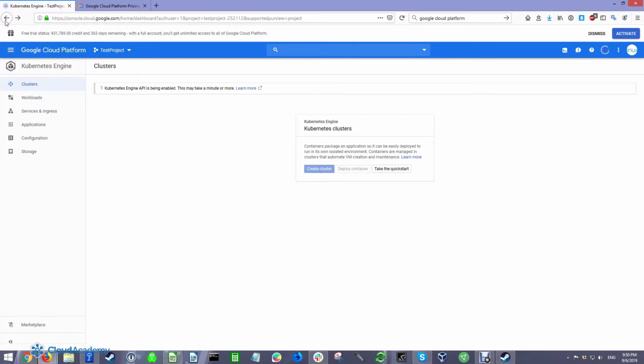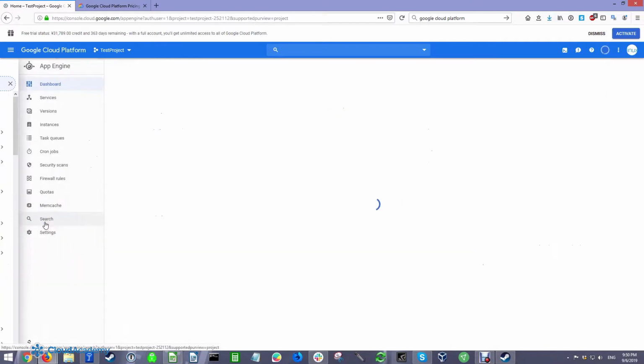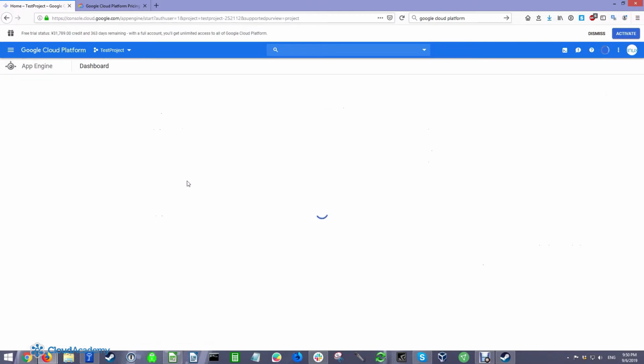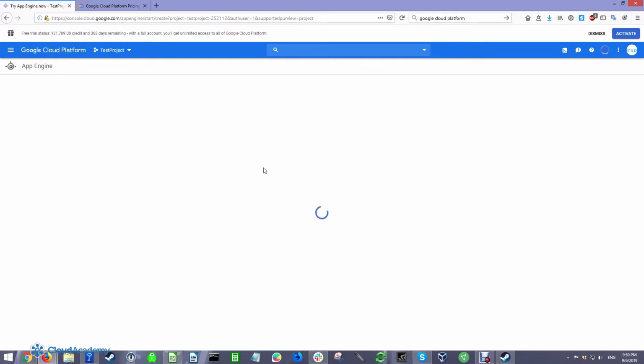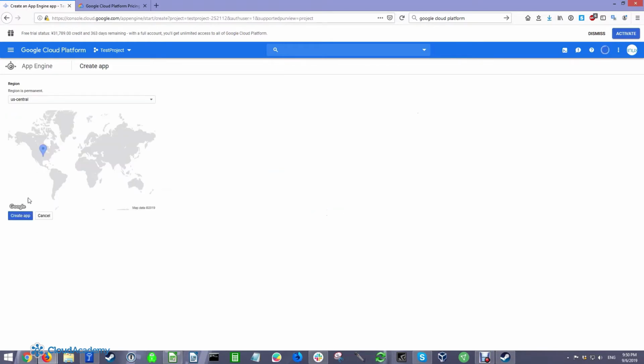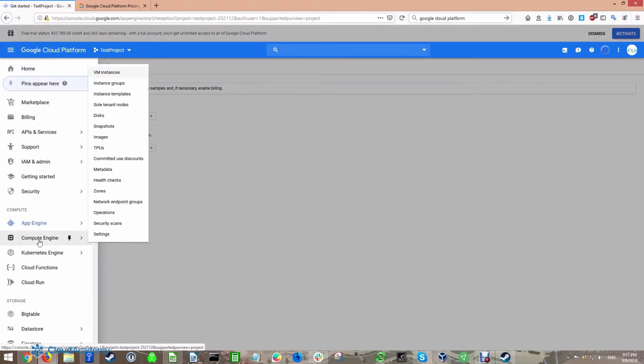If we go back, we can pick App Engine as well, which is our serverless solution. And here, the tutorial takes you through creating an application. If you start going through it, it'll ask for a region, and then eventually it'll ask you to select a language runtime and the type of environment. As we mentioned, there's the standard and there's the flexible. So that's App Engine. We're not going to make anything with those, but what we'll do is we'll go here into Compute Engine,